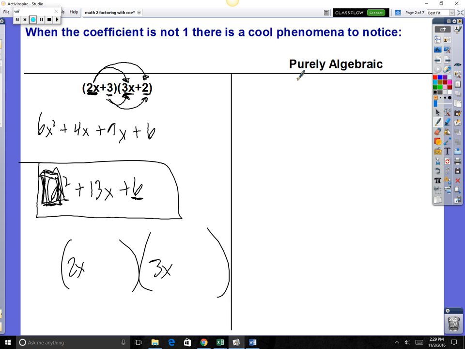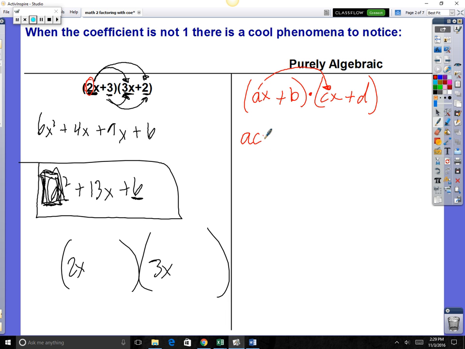Now, let's do it algebraically, because algebraically a cool pattern pops out. Now I've got a coefficient in front of my x. So it's going to be ax plus some other number, ax plus b, times another number, cx plus d. Okay, let's try this. So ax plus b times cx plus d. If we do ax times cx, if I take this piece and times it by this piece, it's going to give me